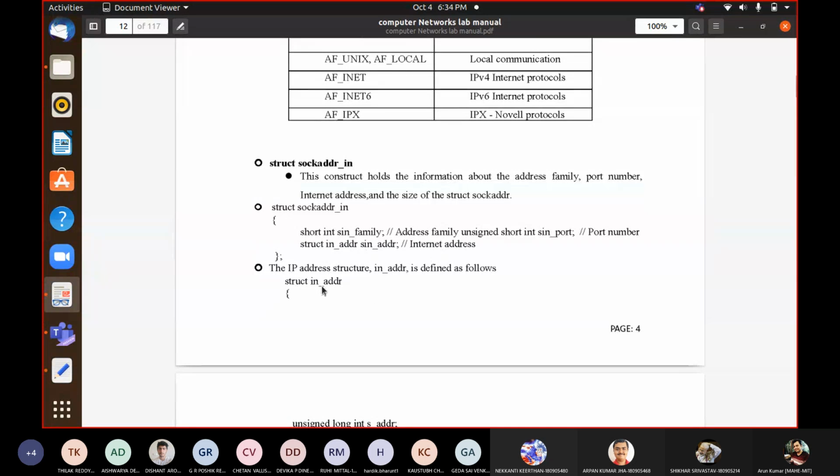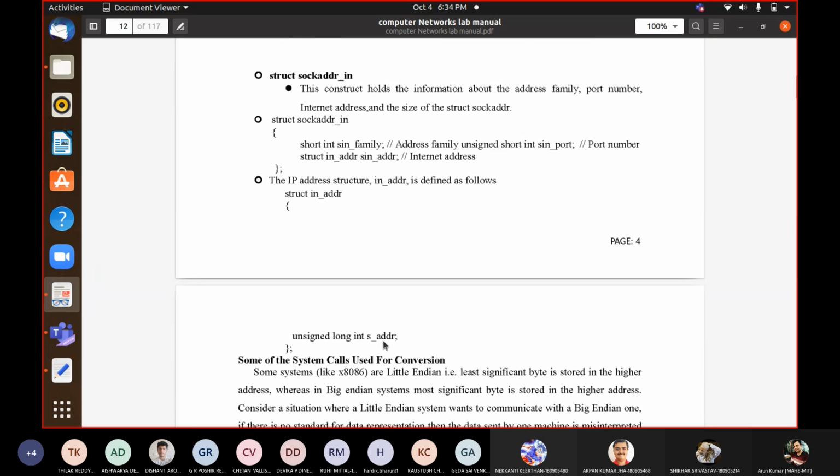So struct in_addr has only one item, an unsigned long integer s_addr. So s_addr will contain the IP version 4 address. That's all. You have to remember only these two structures, their types as well as the content items which are part of these structures. Only these two constructs you have to remember.